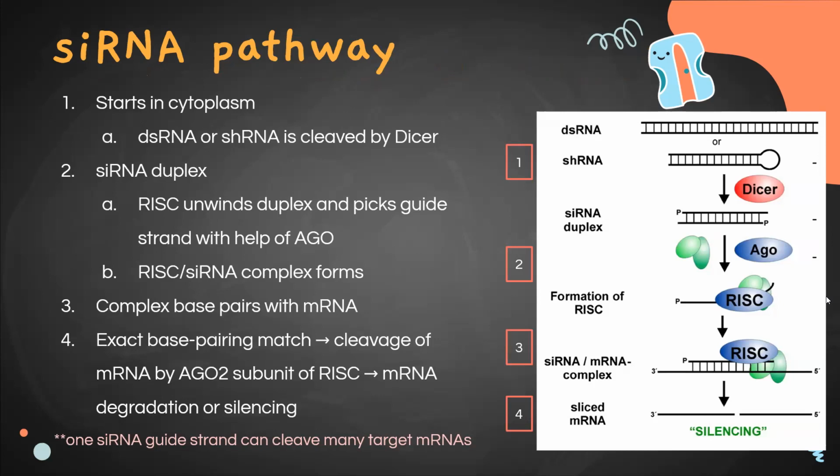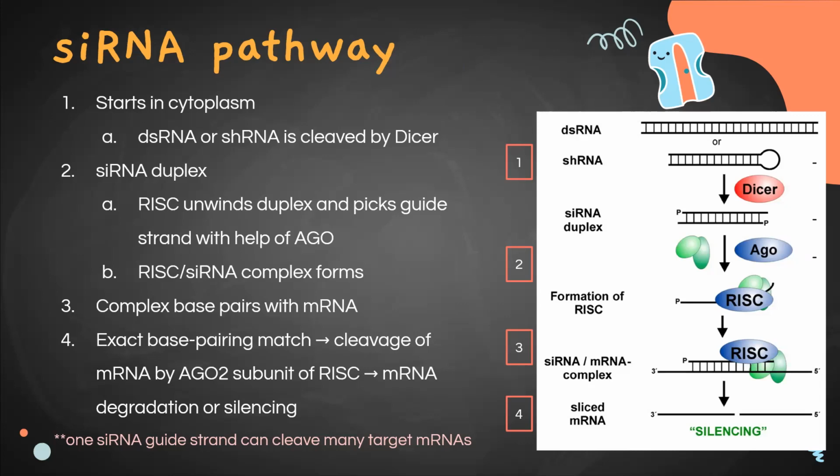So this time it starts in the cytoplasm. And for my problem set, we had a question like this where basically the siRNA and the miRNA pathways become nearly identical once they're both in the cytoplasm. So it's very similar with the miRNA where it gets unwound, RISC picks one of them to be the guide strand. Well, it's also with the help of Ago, which basically just binds into RISC. You don't really need to know that much about it, it does make it a bit more confusing, but